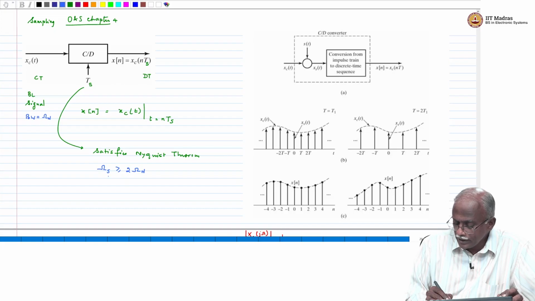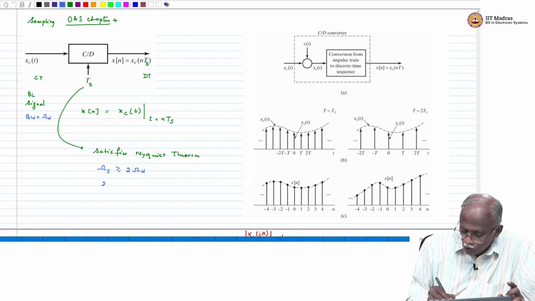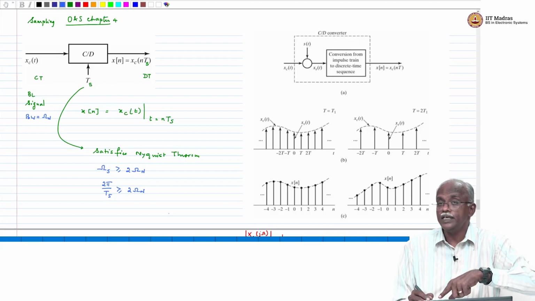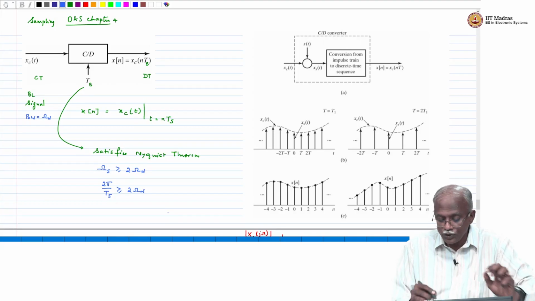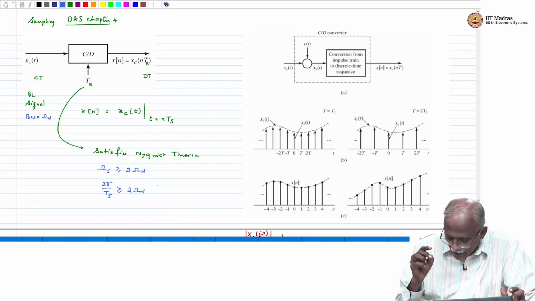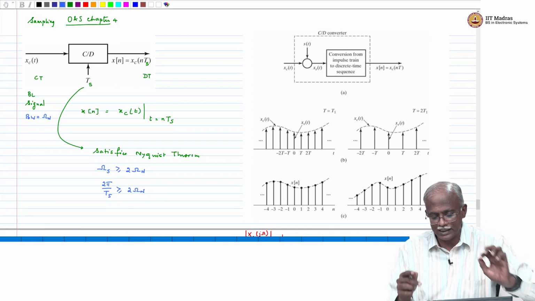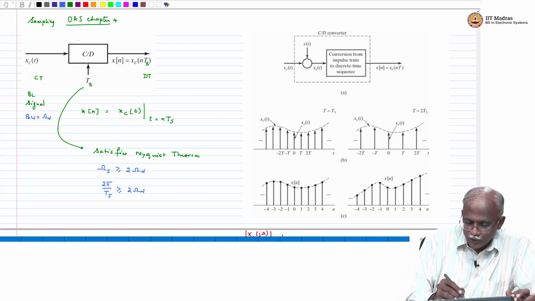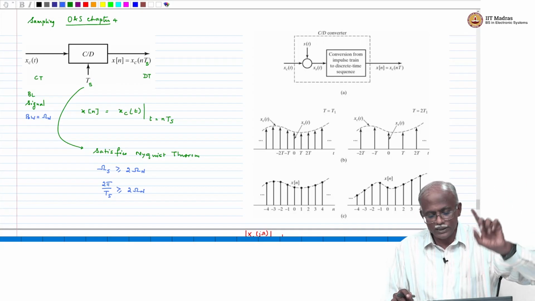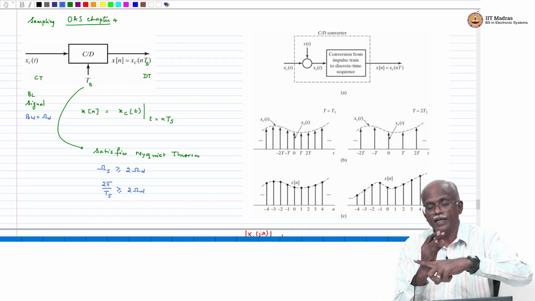The sampling frequency is greater than 2 omega n. So, this is 2 pi by Ts greater than or equal to 2 times omega n, and therefore, Ts is chosen to satisfy this condition. As long as you have chosen to satisfy this condition, you are guaranteed to be able to reconstruct the signal. So, this box which converts from continuous time to discrete time must be applied only to band limited signals, and it must also choose a sampling period that